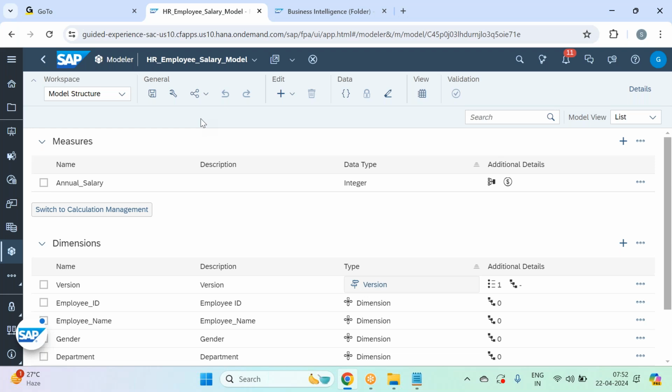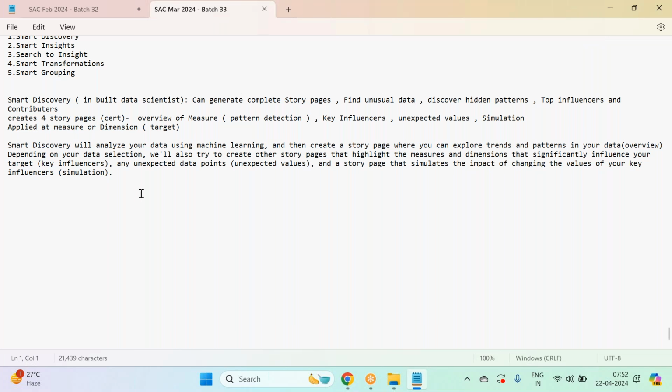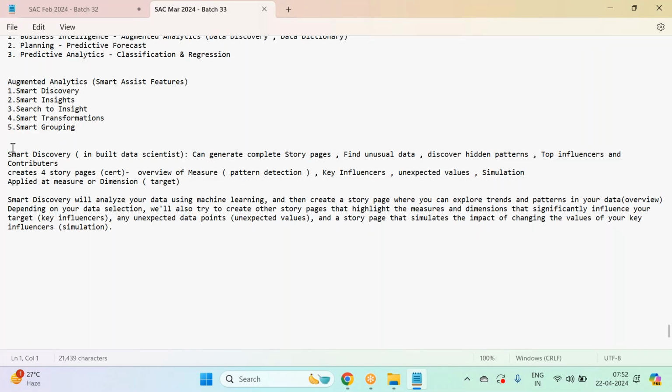Anyone else? Any questions here? Okay, then let's move on to the new topics. I'll move on to Smart Insights, Smart Transformation, Smart Grouping. I'll try to cover all these augmented features today. If I go on to Smart Insights,